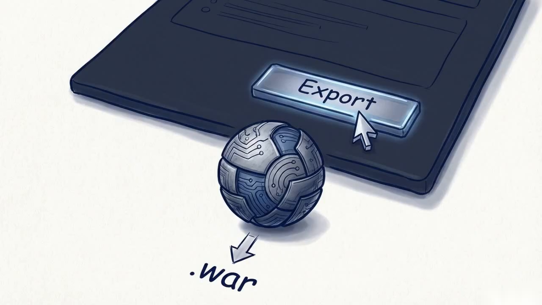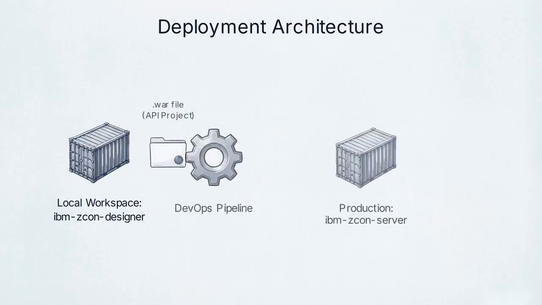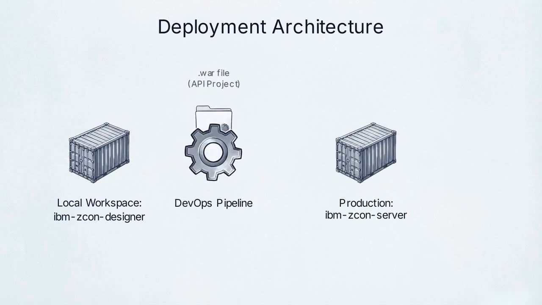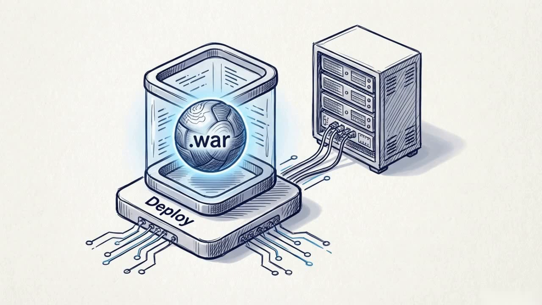Once the test passes, export your project source files as a single .war file or web application archive. This flowchart details the deployment architecture. The IBM zCon Designer container is strictly for your local building and testing. For production, your generated .war file moves through your DevOps pipeline and deploys directly into the IBM zCon server container. Packaging the API as a single portable .war file means it can be managed as a standard release artifact in